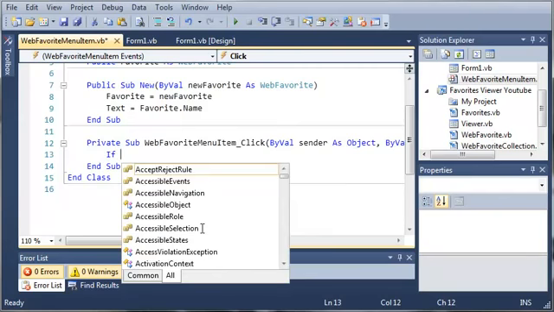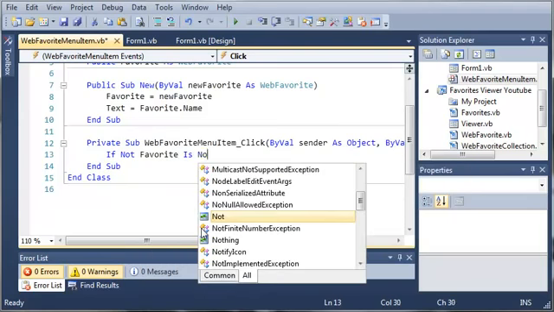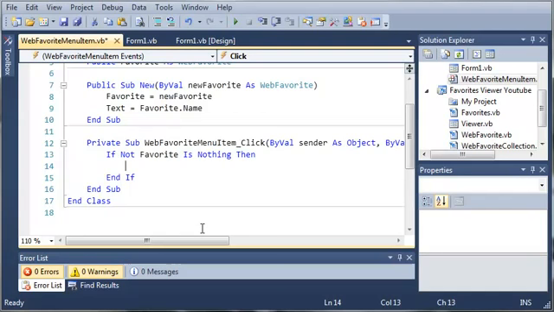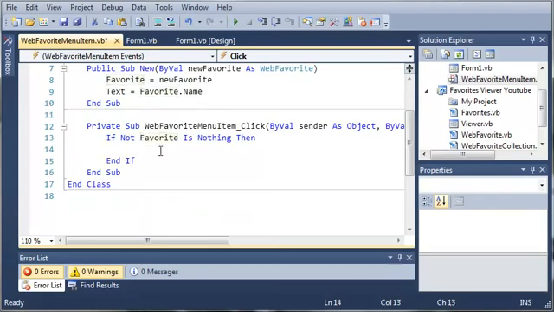Well, we'll say if not favorite is nothing, then what do we want to do? Basically what this is saying is if favorite is something, because we're using a double negative here. So if not favorite is nothing, so not nothing would be something. So if favorite is actually something and not a null value, for all you people who've worked with other languages, what we want to do is type